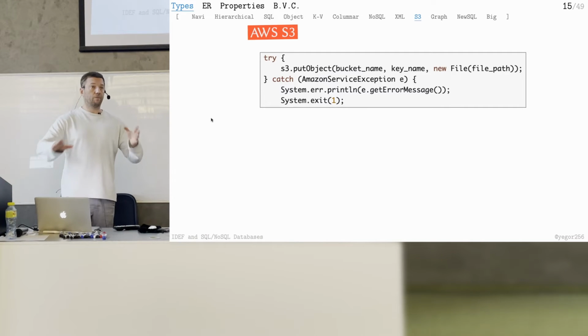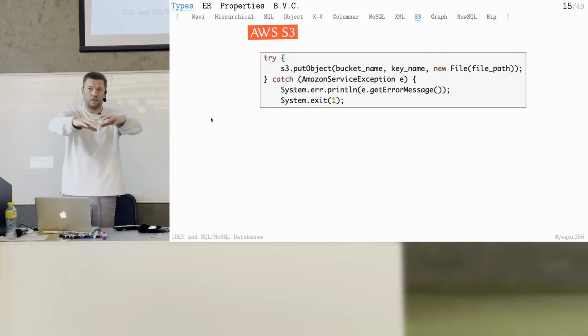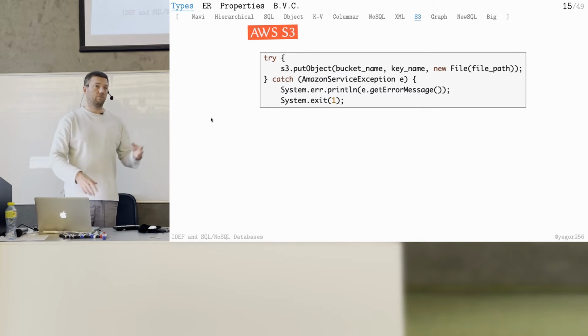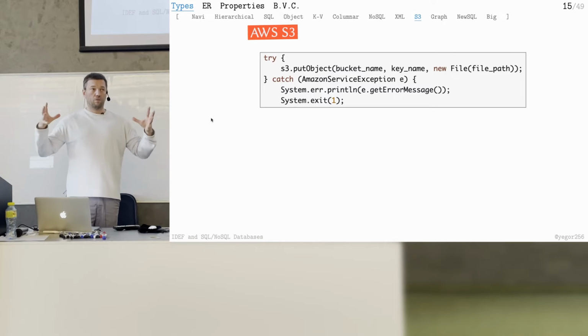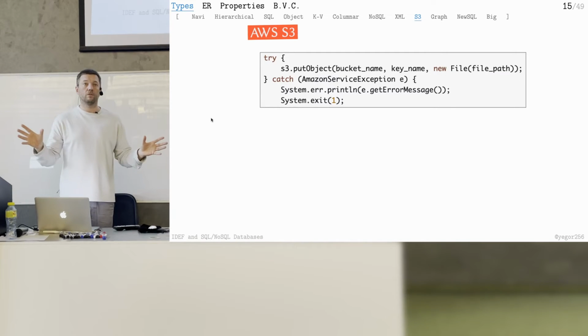How does it work? It's just an API. You connect to it from your software through a very simple API, just a few commands. This is Java. You say put object, then you give the bucket name, like my bucket. A bucket is like a collection of objects, just a name. Then you provide the key name, like name my object ABC, and then the content of the object, like taking it from a file. So this content goes to Amazon, and Amazon stores it and keeps it for you. It's like a file in the cloud, which has the name of your bucket, the name of the object, and the content.